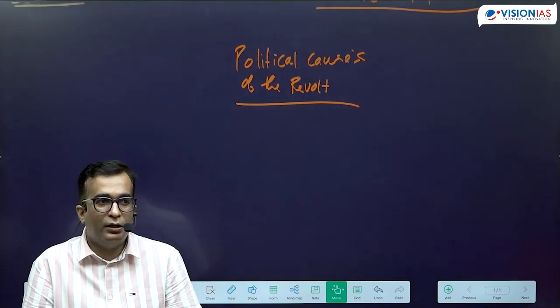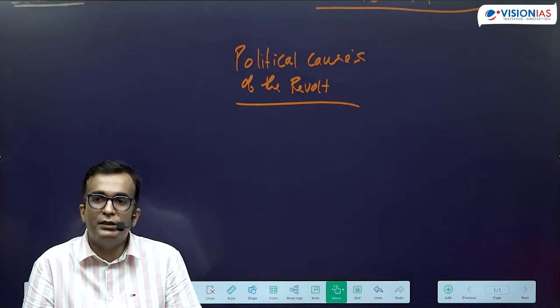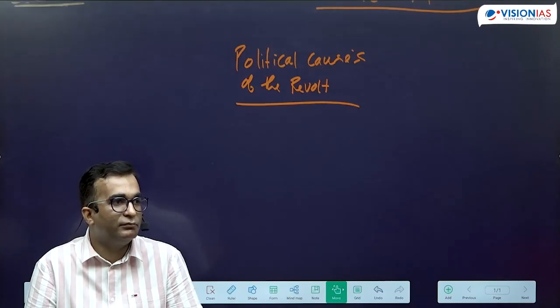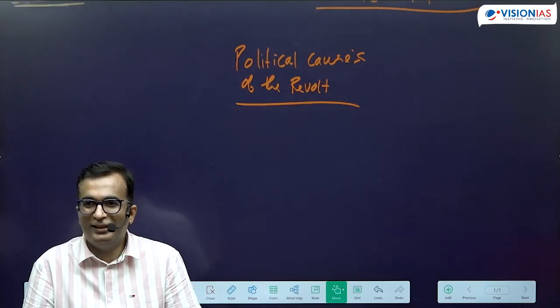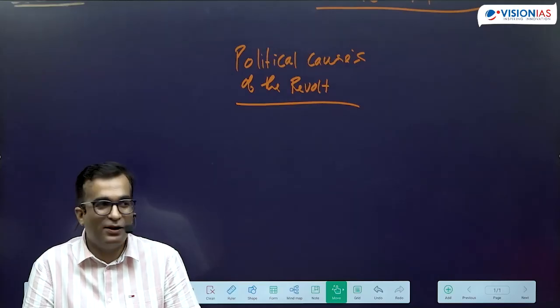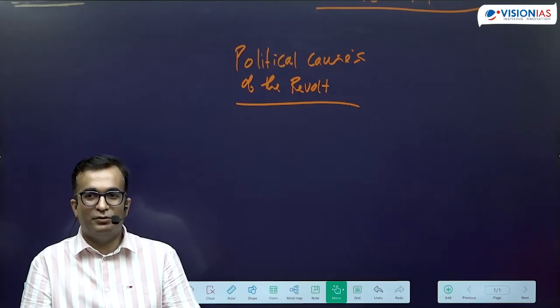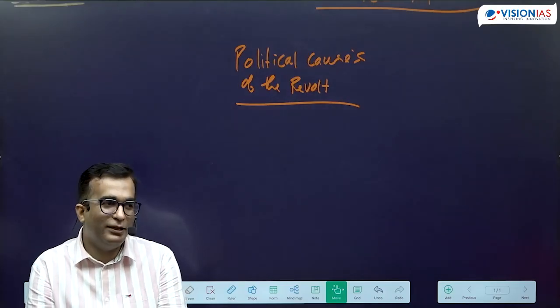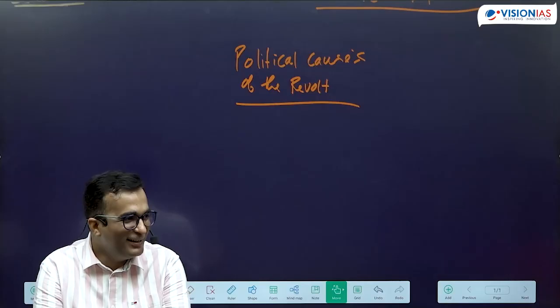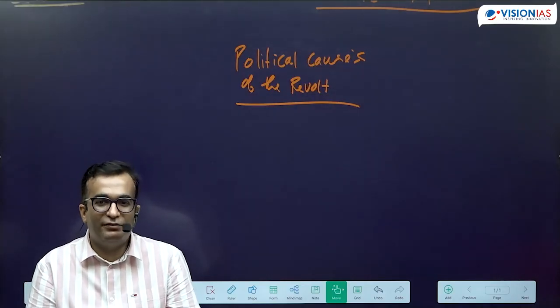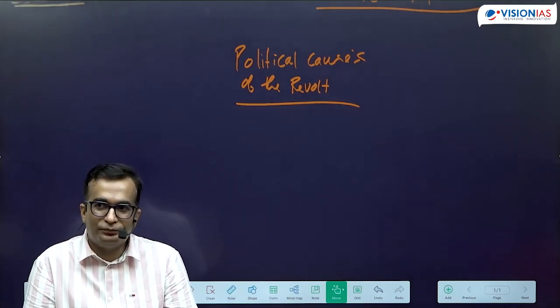So do you have any idea what was the name of the policy which was initiated by Cornwallis, related to the Indian princely states? No idea? Doctrine of Lapse is by Dalhousie, 1848. Tell me, divide and rule? Divide and rule is already there. The name of the policy was effective control. Okay, understand. So what was this effective control?